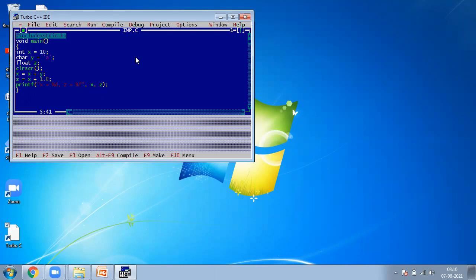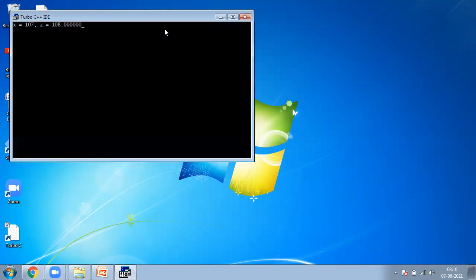I am converting one data type into another type. This is the example of our implicit type conversion. Let us execute. Control plus F9. Yes, compiled. Now Alt plus F5. Now what happened? x equal to 107, z equal to